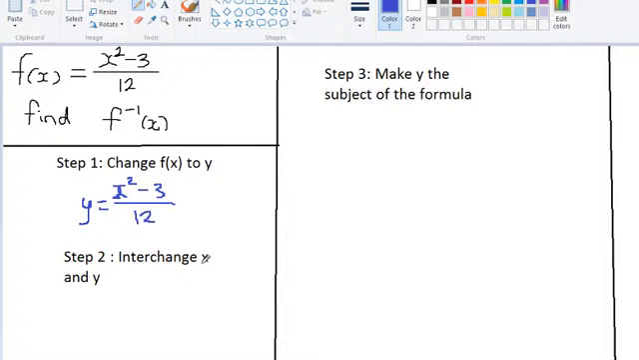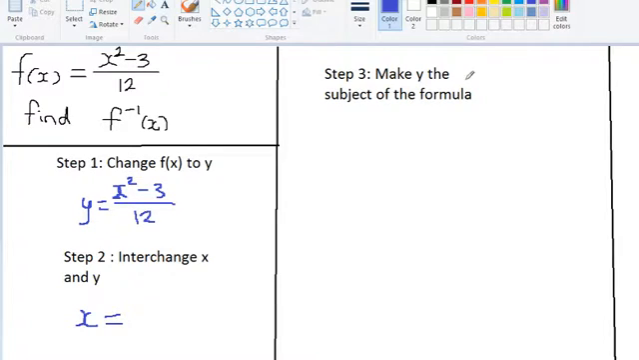So step 2 is to interchange x and y, which means that wherever you see x, you have to write y, and wherever you see y, you have to write x. For example, y is over here. We want to change that y to x. So we write x